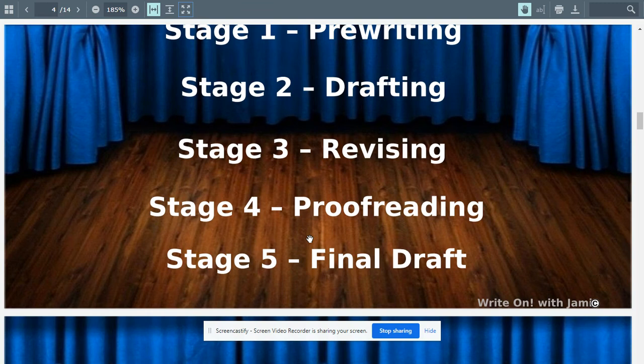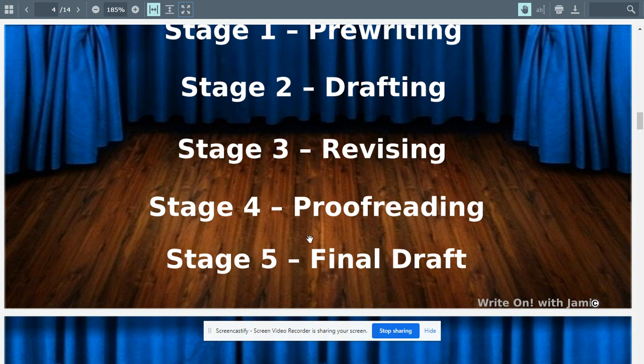Stage 4 is proofreading. Okay, proofreading. This is going back and rereading. You may have to revise your paper and proofread it numerous times. It's not something that you just do once or twice. When I've written papers for college, there was one paper last spring I had to write for class, and I rewrote that paper 5, 6, 7, 8 times. You have to write it until whoever is reading it or grading it deems it appropriate.